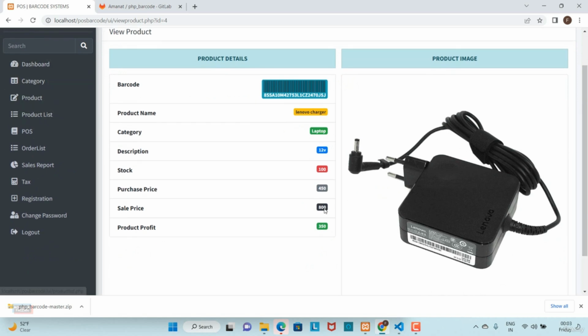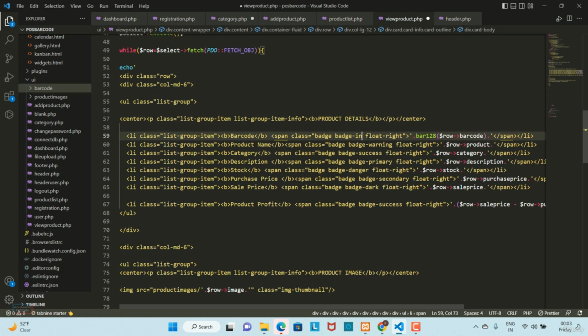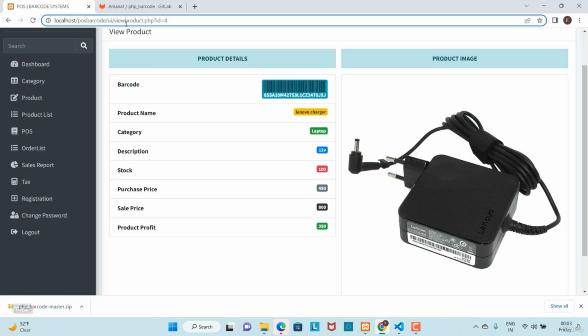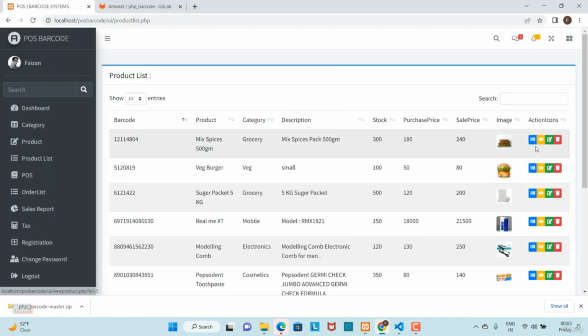Okay, and we can do some changes, and we can remove the info class from here. We can give here the light class instead of info, and let's refresh our page. Perfect. Okay, and again go to the product list, and if I click on the mix spices, if I click